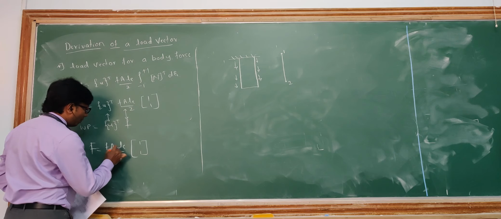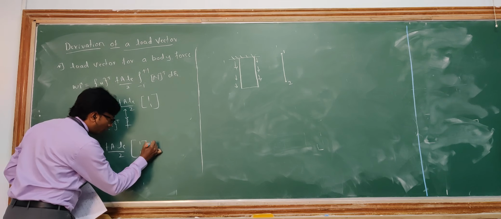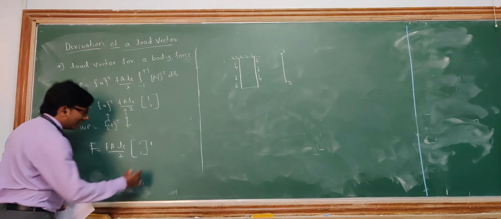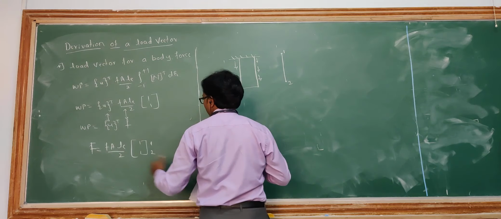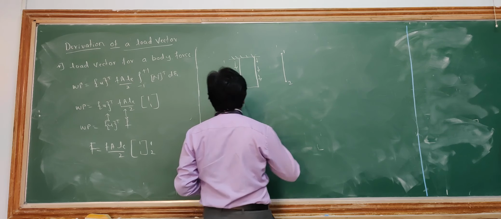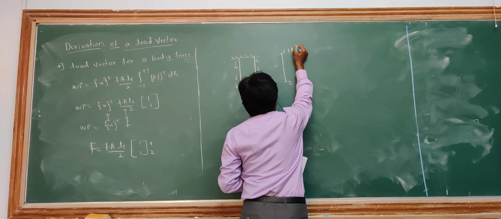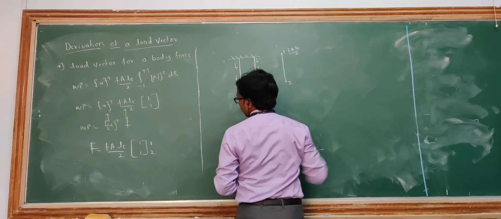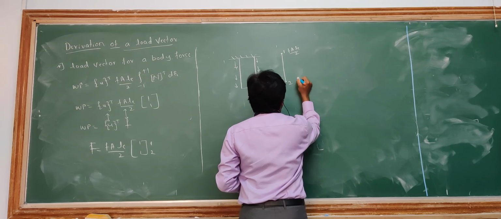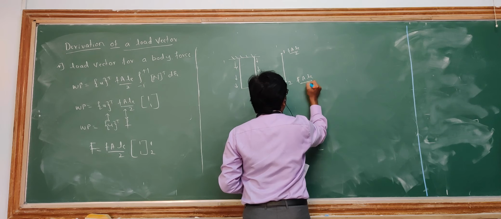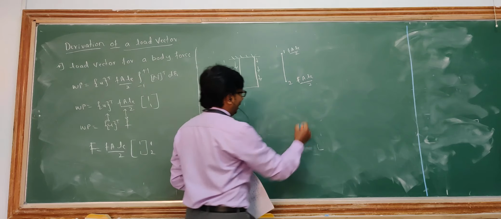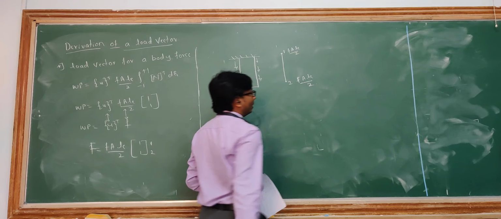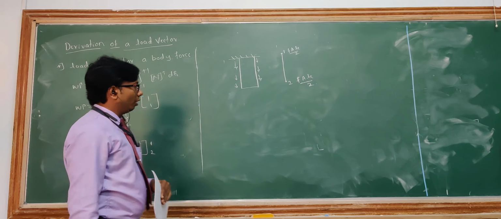So FA LE by 2 into 1 means you have to apply it on the first node as well as on the second node, which means that you have to apply this conversion factor if it is being subjected to a body force, like FA LE by 2 here also, and FA LE by 2 here also. So then you can solve this particular problem in FEM. Hope you have understood this.